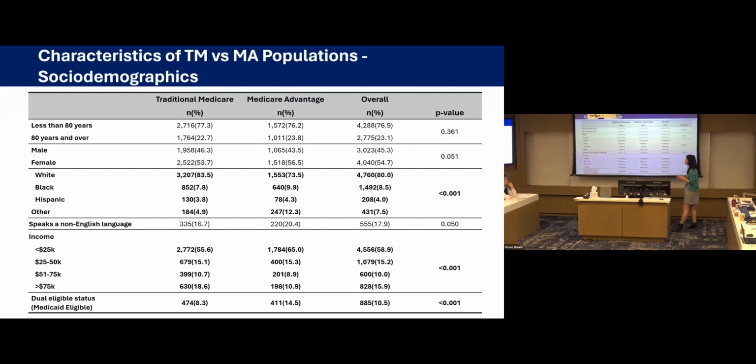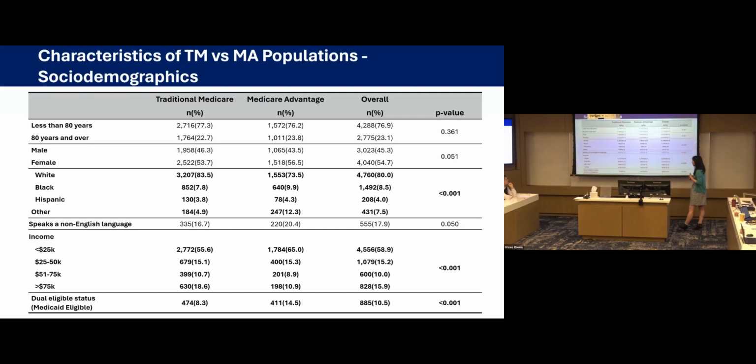So the first thing we looked at was the sociodemographics. And again, this is sort of trying to validate what we already know from other populations like the Medicare Beneficiary Survey. And what we see is indeed that racial and ethnic minorities are disproportionately enrolling in Medicare Advantage. For example, other races are only about 5% of traditional Medicare, but 12.3% of Medicare Advantage. I should also mention, because of the way that NHATS does their surveys, these are weighted survey percentages, and so these percentages don't always necessarily add up.